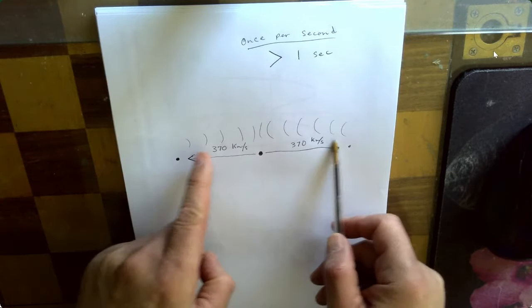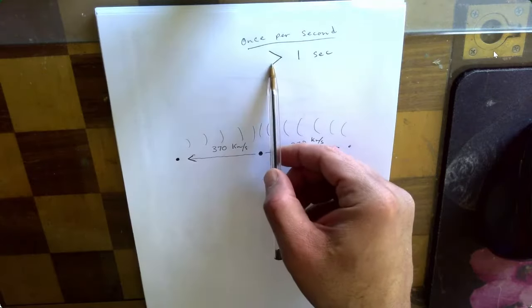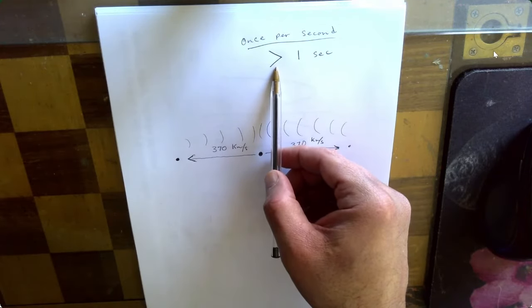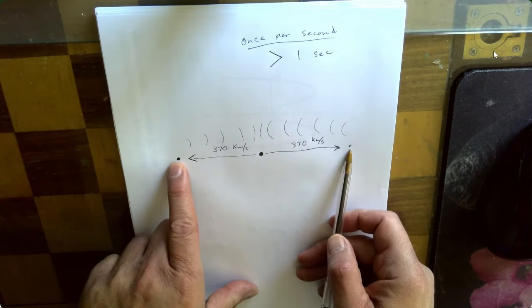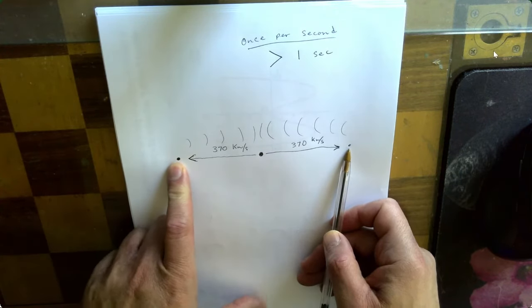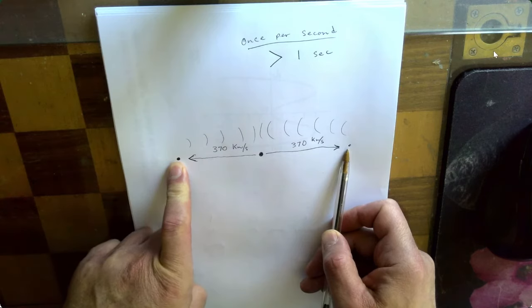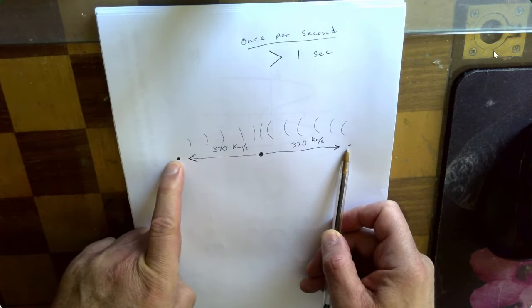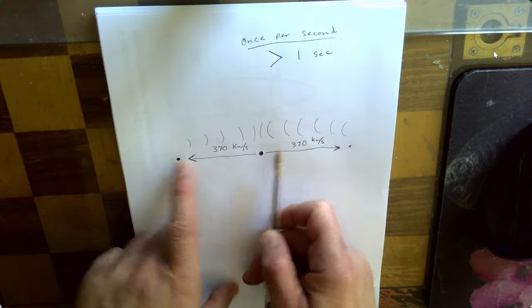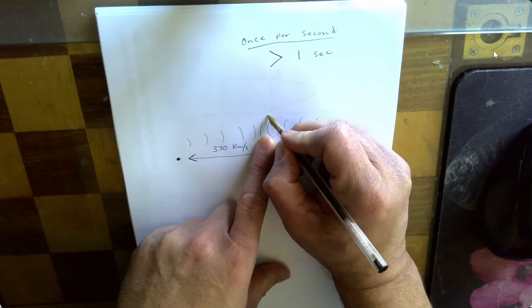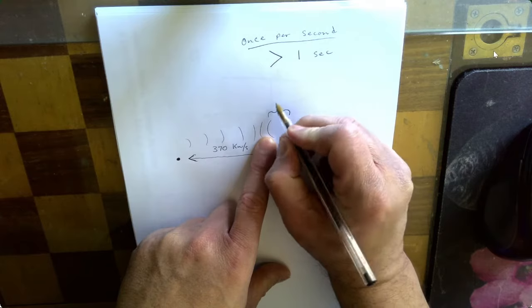And so those signals would arrive at greater than 1 second, because time would slow down for these two vehicles. Because time slows down for them, what is 1 second for them would be greater than a second for us. And so we would see these signals coming at greater than 1 second.